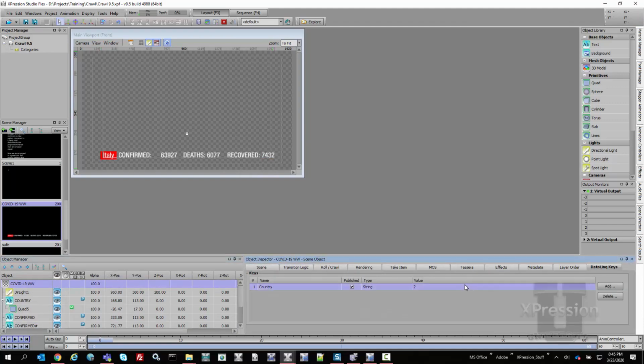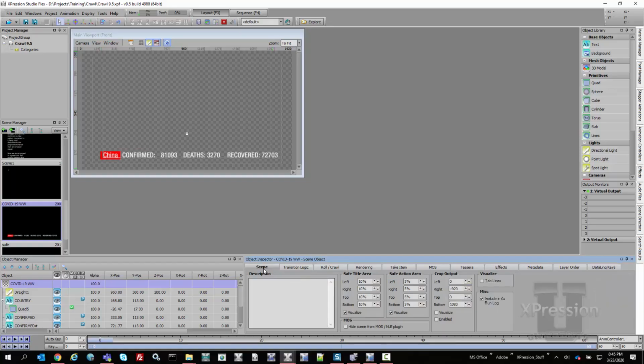If I go to change my DataLinq key value here, if I change it to 1, for example, I get the China information. If I go to 10, I'll have the United Kingdom information. I'm going to set it back to 1 for right now. And we'll change this again later, and you're going to see where, and it's going to really be kind of fun. Putting all this together, next thing I want to do,